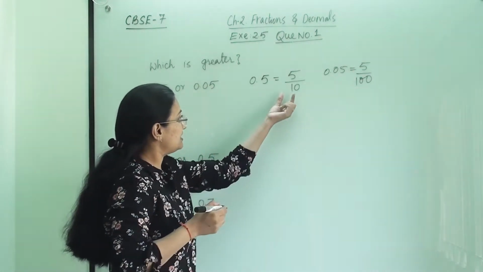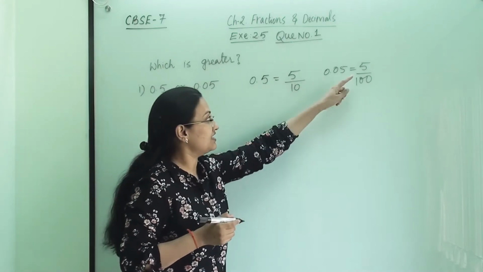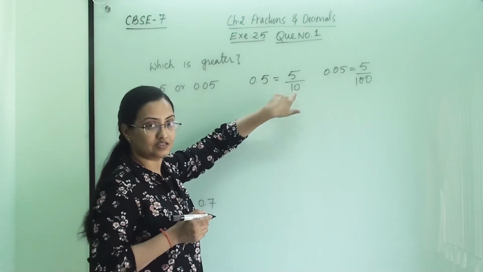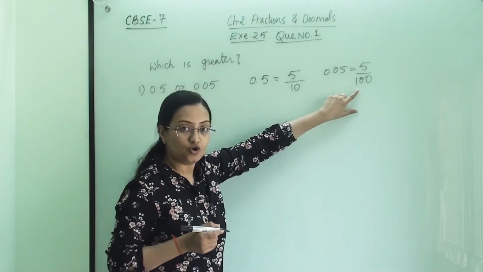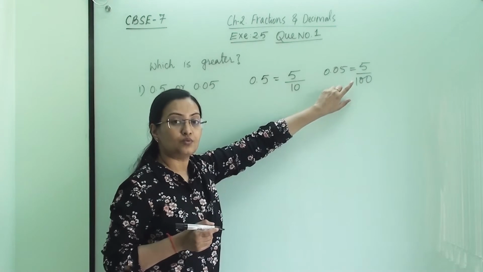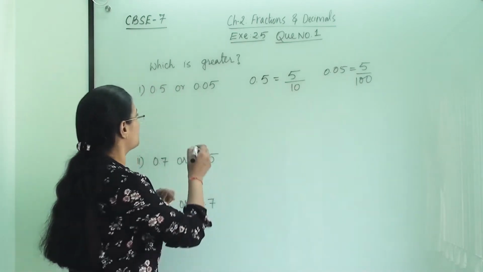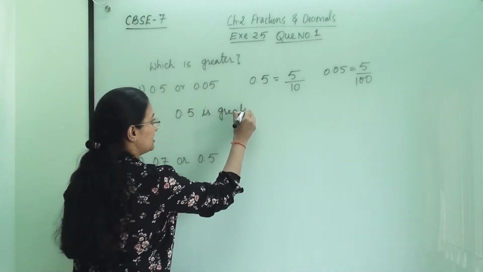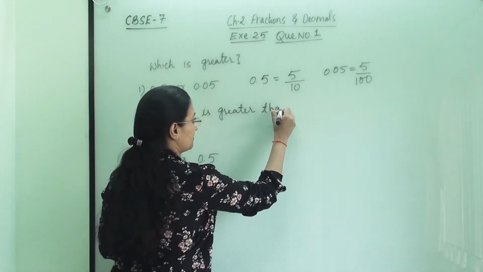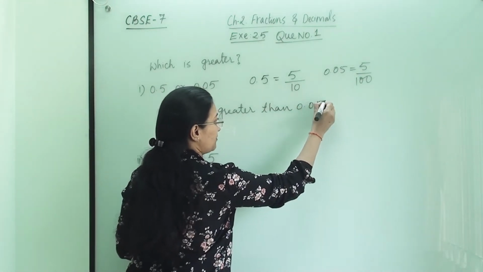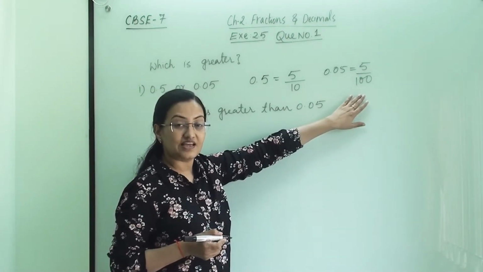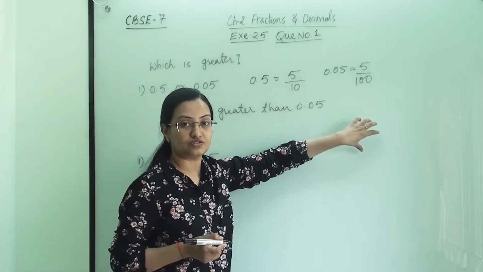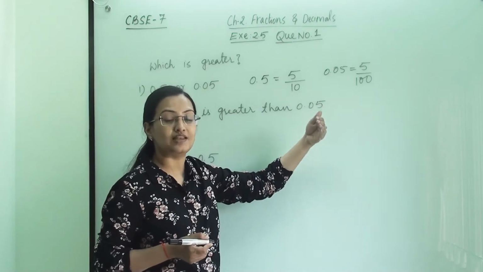So here 5/10 is there and here 5/100 is there. This number is smaller than this number because the denominator is 100. So here 0.5 is greater than 0.05. As the zeros in the denominator increase, for example 10, 100 and 1000, the number's value will